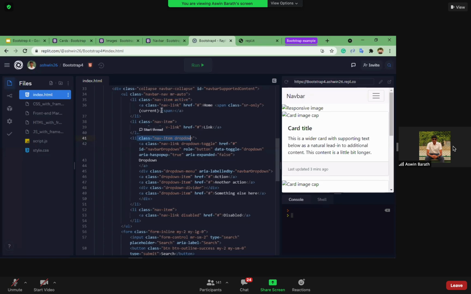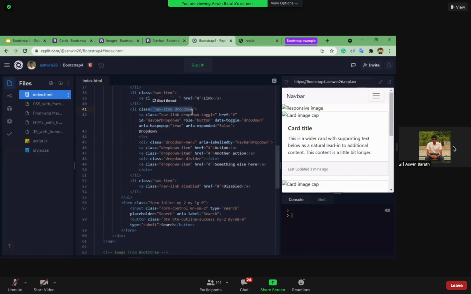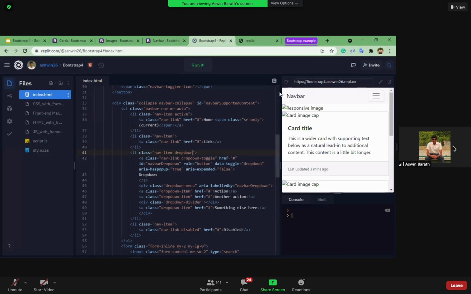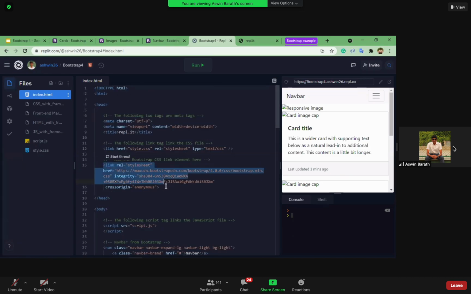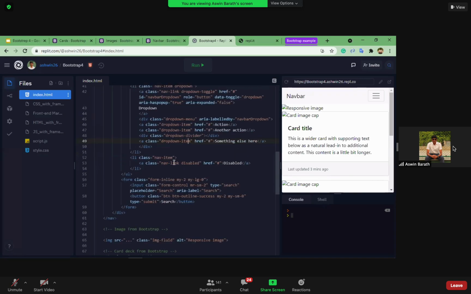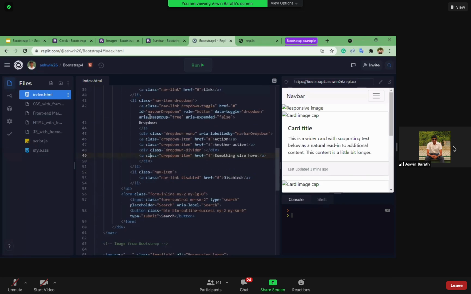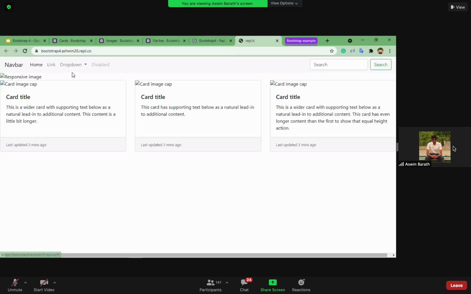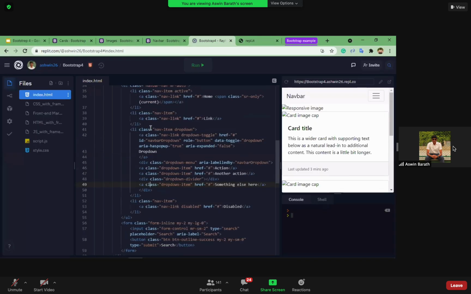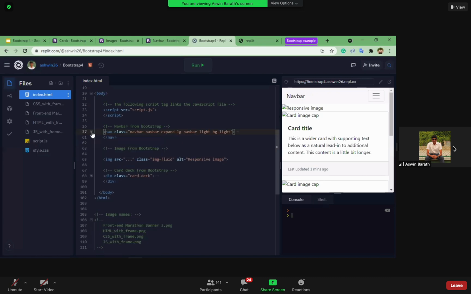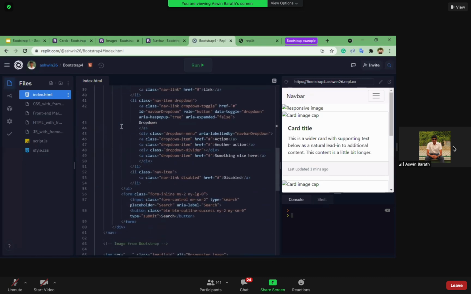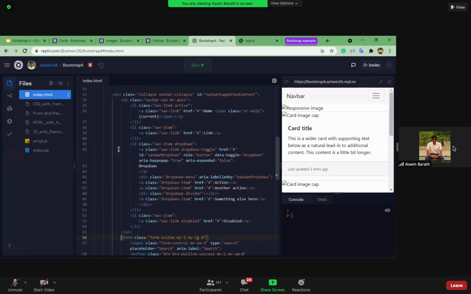These are nothing but some predefined CSS classes that we get from the single CSS Bootstrap file. Bootstrap is a single CSS file, so that we can use all of these classes provided by them. You can see this home, this link, dropdown and disable, right? And also a search box with this button. This is what they have given inside this one single navigation bar code template. It's just a simple code. You can go through this later.